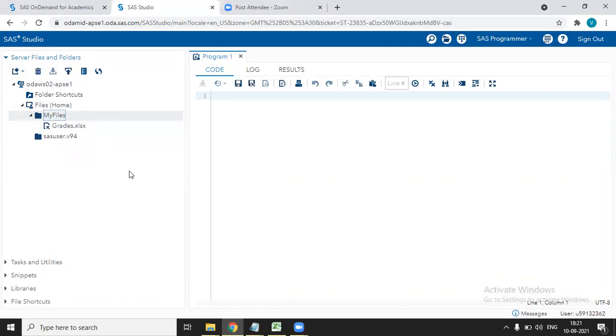So that's it about uploading the file. This file is now in Excel format. To use this dataset in SAS Studio, you have to convert this Excel file to a SAS dataset, and how to do that we'll see in the next lecture. For now, this is all about this video. We have seen how to upload a file. There are two steps to upload a file. First, we have to create one folder from this new icon, and then we have to upload a file by this upload icon. So that's it for this video. Thank you.